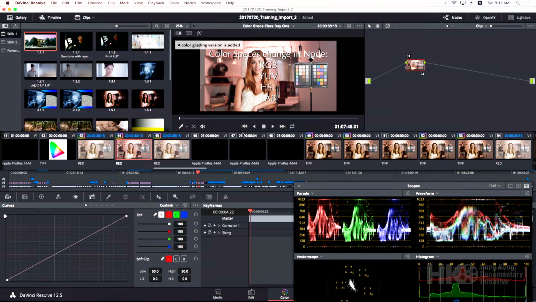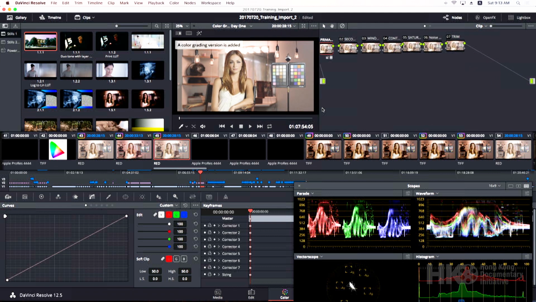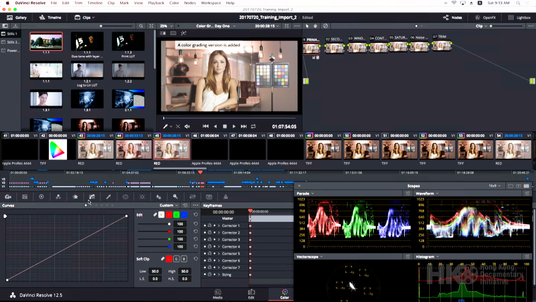To really explore the exposure correction. So if you had a RED camera or a Sony or a C300 that also does log, the new C200